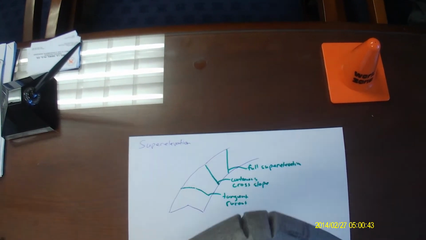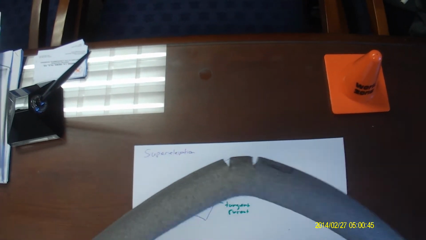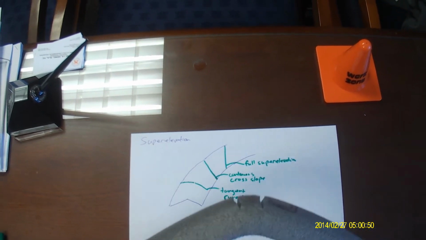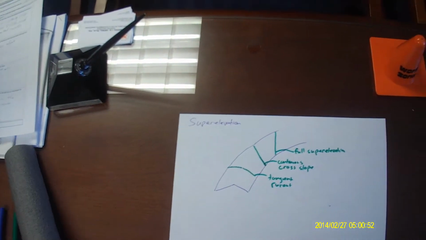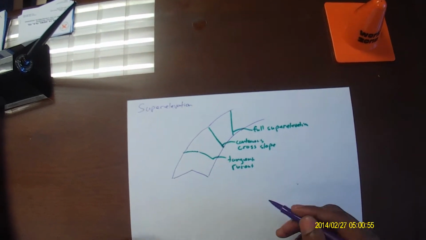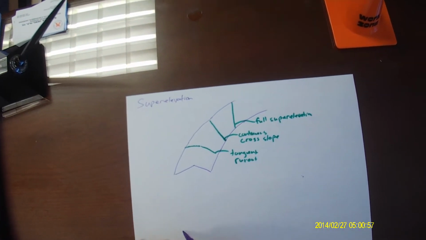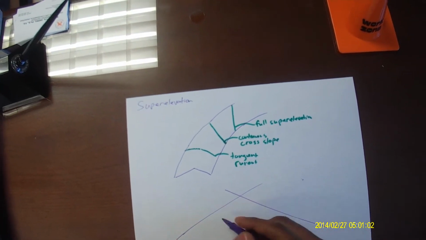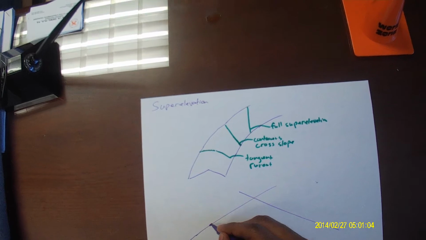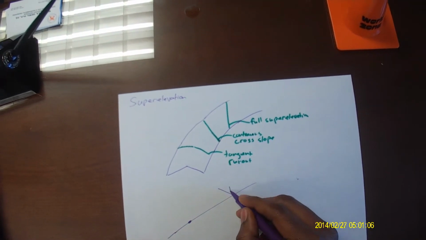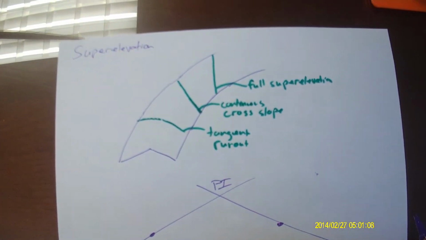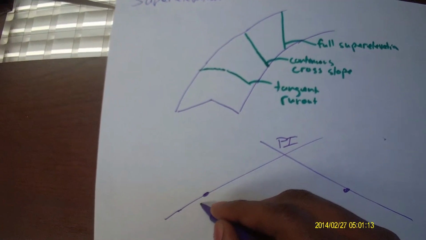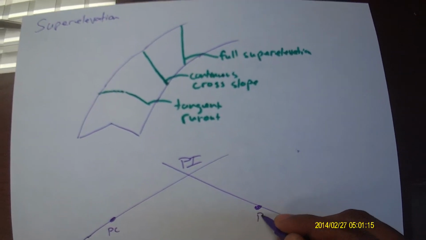Also, we can't start the super elevation right at the beginning of the curve. In most cases, we start super elevating before the beginning of the curve. And what does that look like? Well, basically, let's just say, you know, you have your horizontal curve here, and you have your tangents, all right, that meet at a middle, which is what we know now as PI. Okay, so the tangents meet at the middle. You have your PC here, you have your PT there,